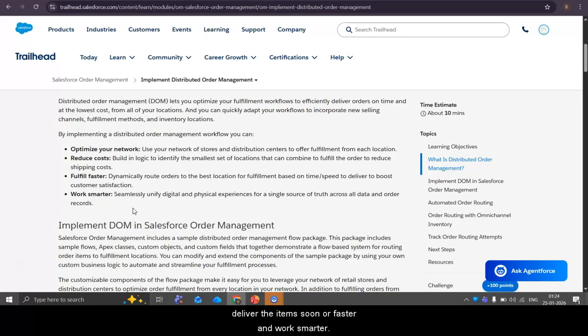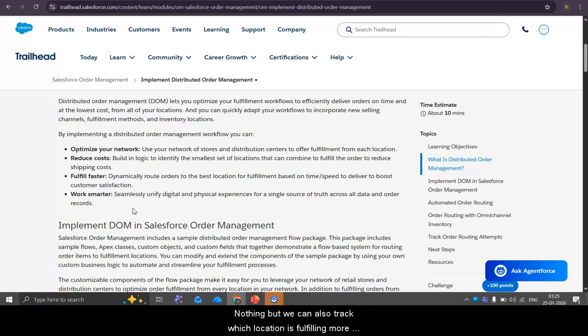And work smarter. Work smarter means we can seamlessly unify the digital and physical experience with a single source of truth across all the data and order records. In order management we can have the complete order related information, along with the location related information.